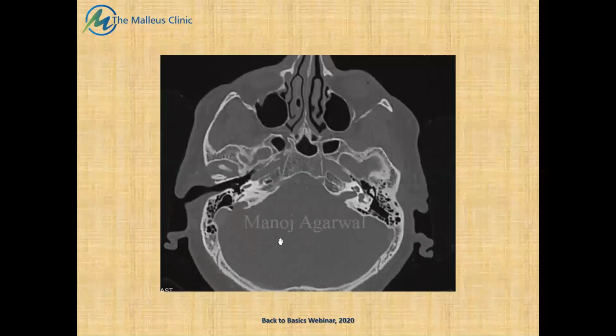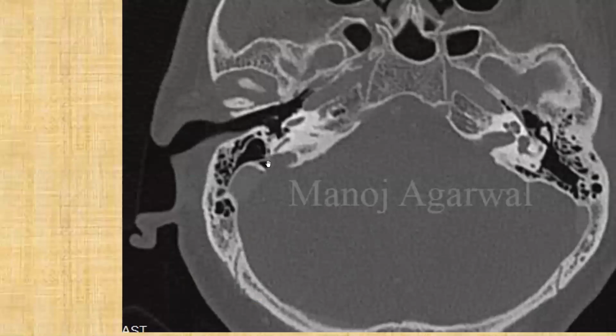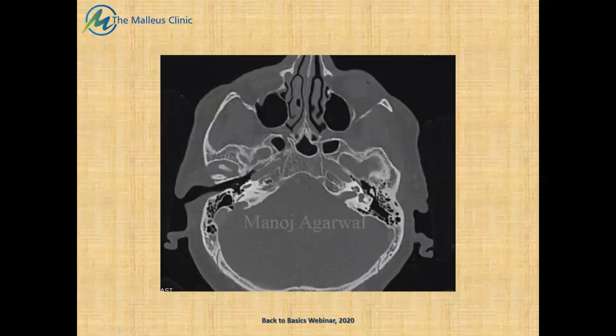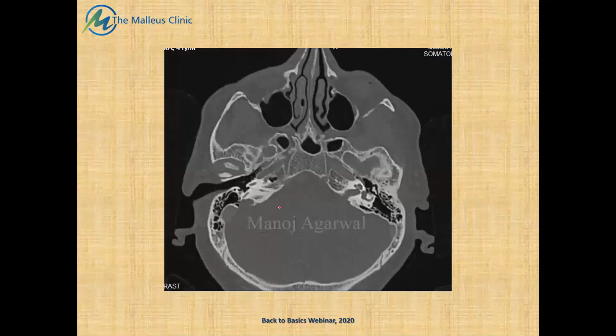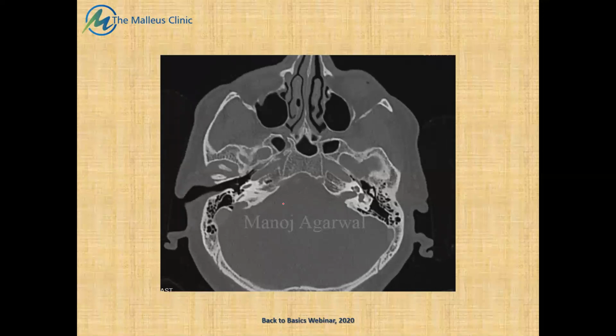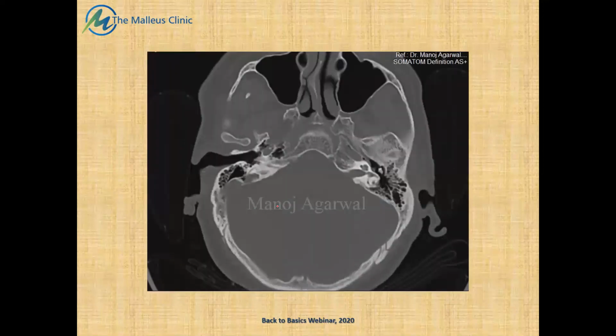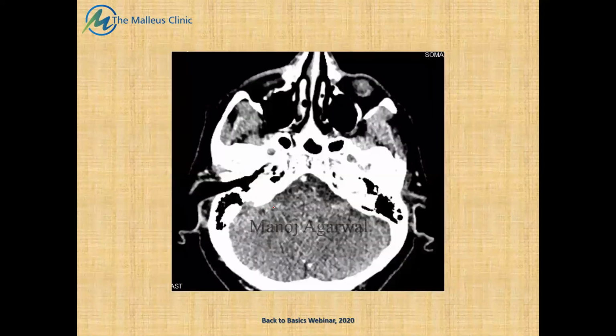So this is the posterior semicircular canal, and you can see the lesion. In fact, the lesion is actually peeping into the mastoid cavity on the right side. So this is post-contrast. You can see the lateral sinus post-contrast. I beg your pardon. Okay, and finally a soft tissue window, which showed the lesion actually eroding the bone and the lesion peeping